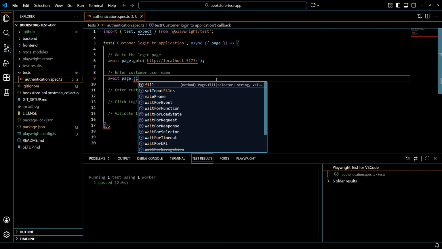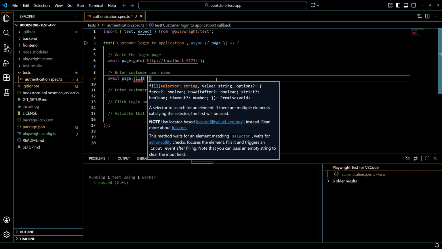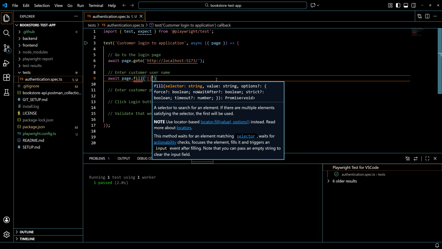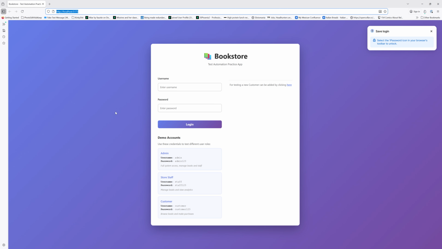So fill. Okay, and then we do a single quote, and then we do square bracket. Okay, so ignore the error for now. We'll get rid of that. And what we want to do is find a way to locate the element that we want to do something with. So if we go back to our app,